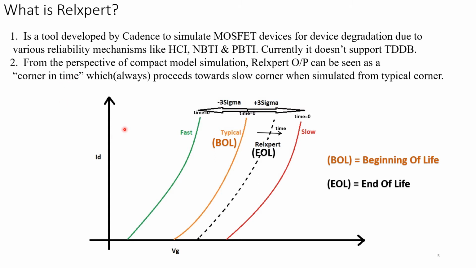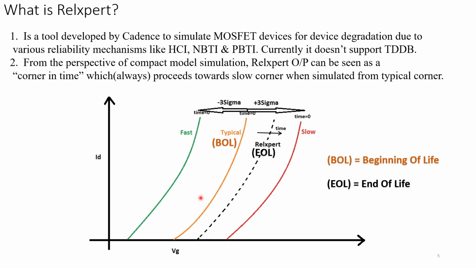Now, from the perspective of a compact model simulation, this RelExpert or in general reliability simulation output can be seen as a corner in time which always proceeds towards the slow corner when simulated from the typical corner. Now, let me explain what I want to say here. Let's say I have drain current versus the gate voltage characteristics of a typical MOSFET device for any drain voltage. So this typical simulation could stand for a linear region or saturation region, any region that you wish to simulate,